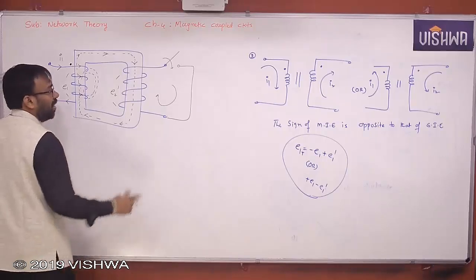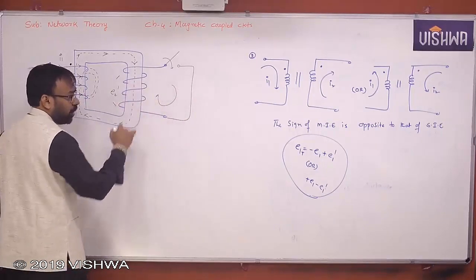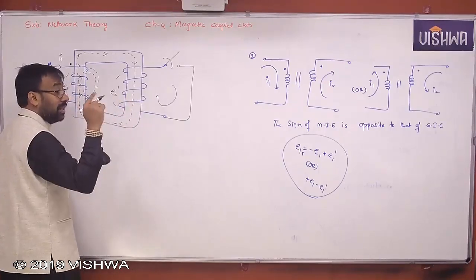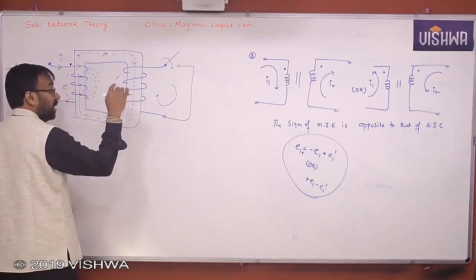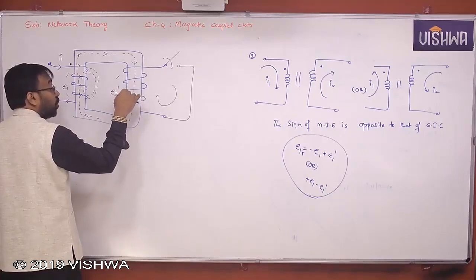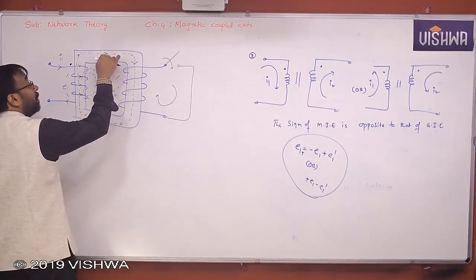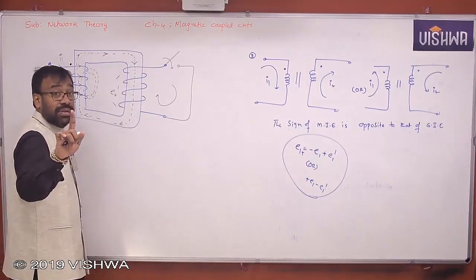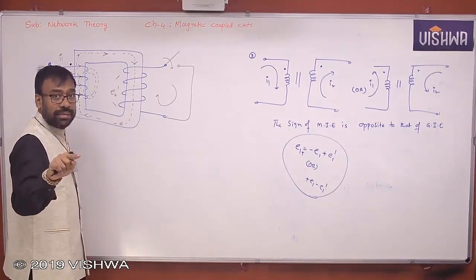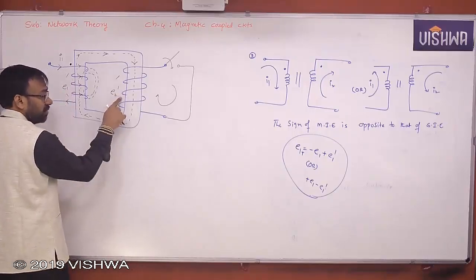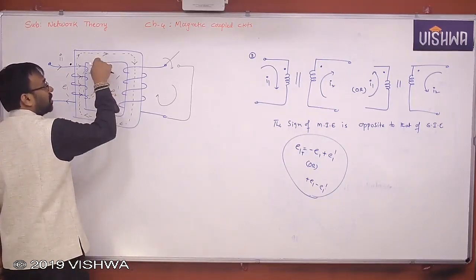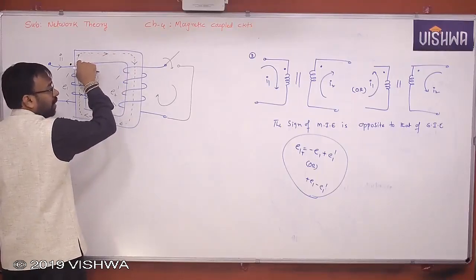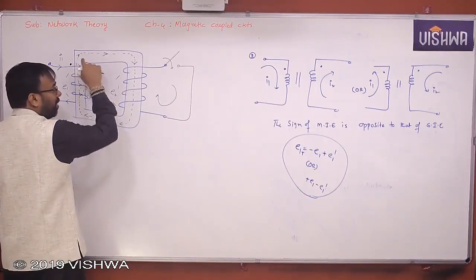I hope you understand the point. So because of this current, some flux is produced according to Ampere's law. Any current carrying coil will produce a flux. But that flux produced in this particular coil will try to oppose the flux emanating from the primary coil. Agree, all of you? According to which law? Lenz's law. So Lenz's law says this is the effect, and this is the cause. The cause is what? The flux emanating from the primary coil. So now the